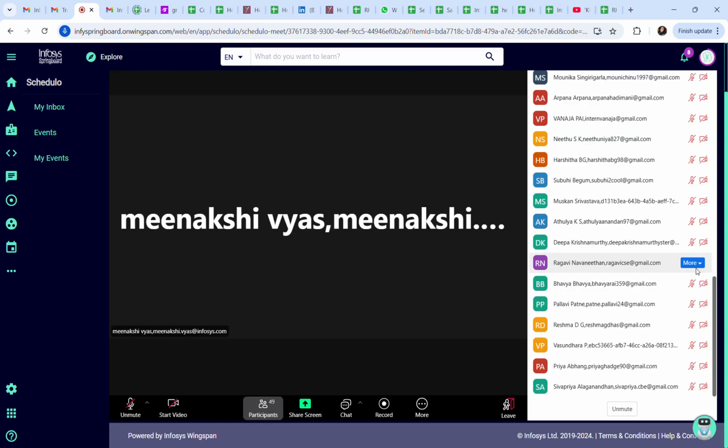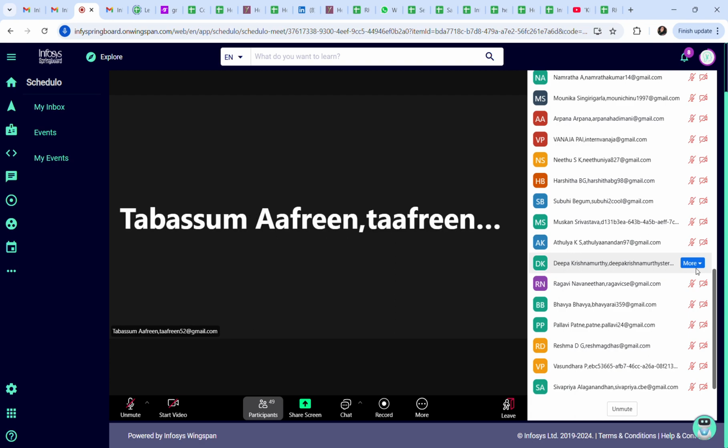You code by yourself, write everything in your code. If you don't have a laptop or desktop, then you can use this tryout, or if you feel that the Infosys Springboard tryout box is small, you can use some other online editors. So we don't have to submit it anywhere, right? No, you need not submit it anywhere. It's for your learning purpose.